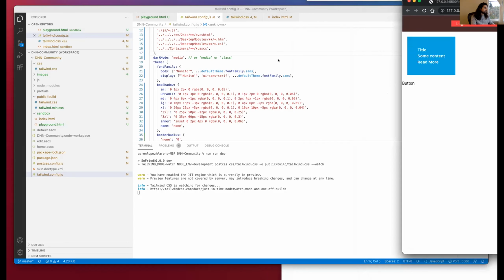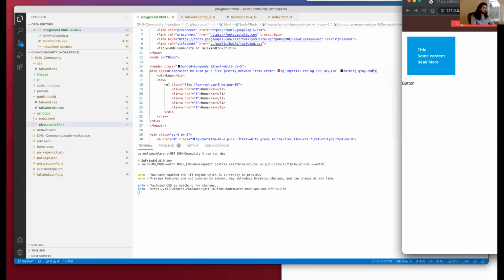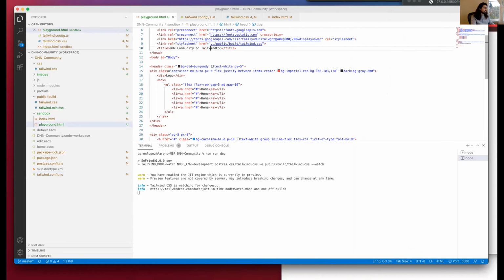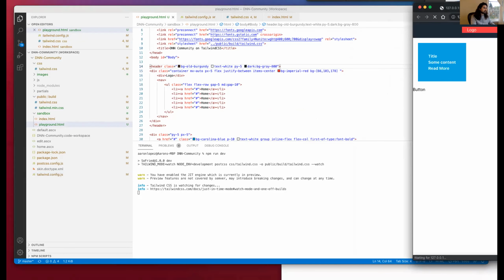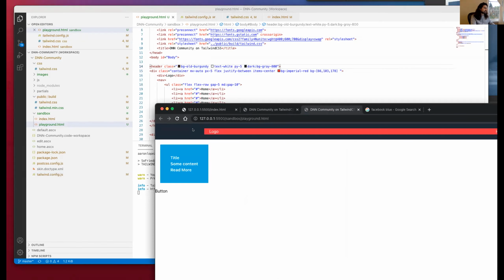Where am I? I'm in the totally wrong file. Okay, let's put it on the background. So you see, it actually changed this header background to dark gray because I changed my computer to dark mode. But you can actually switch it to class. So if you wanted to do a toggle, you could just do it class-based. You wrap your whole page in dark or light, I guess, and then it switches the class, and then it switches all those styles.